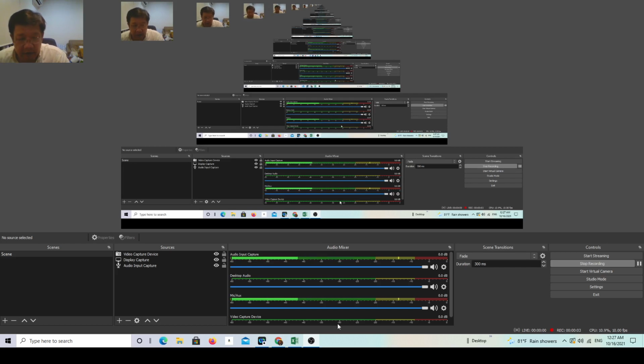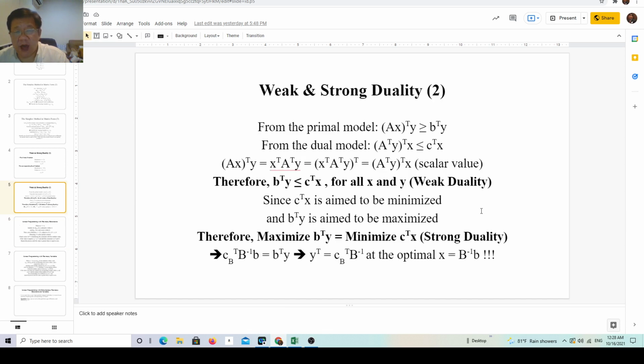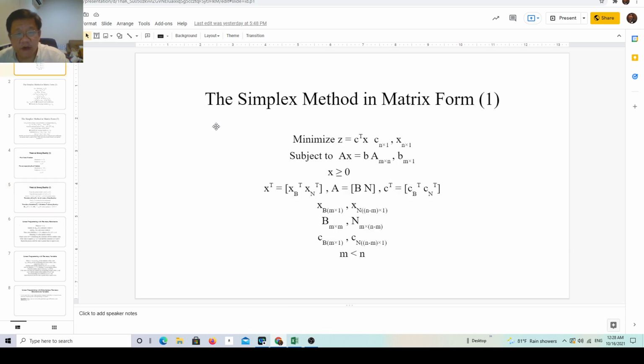Hello, we are back to continue our lecture on clip number 26, which is a continuation of the previous clip number 25. This is the last slide that we finished, where we talked about the simplex method